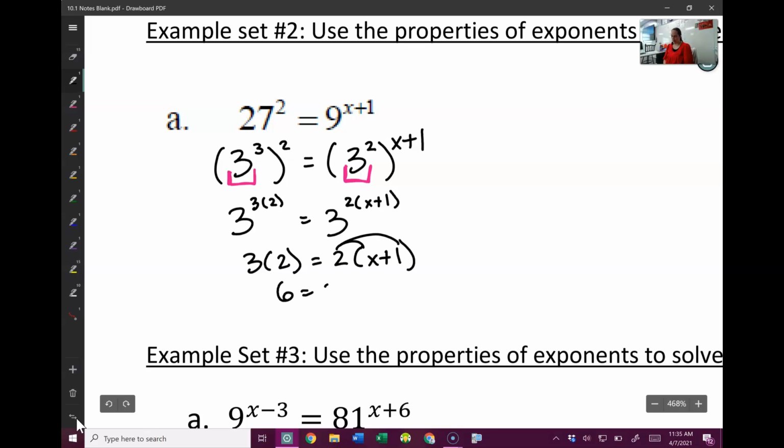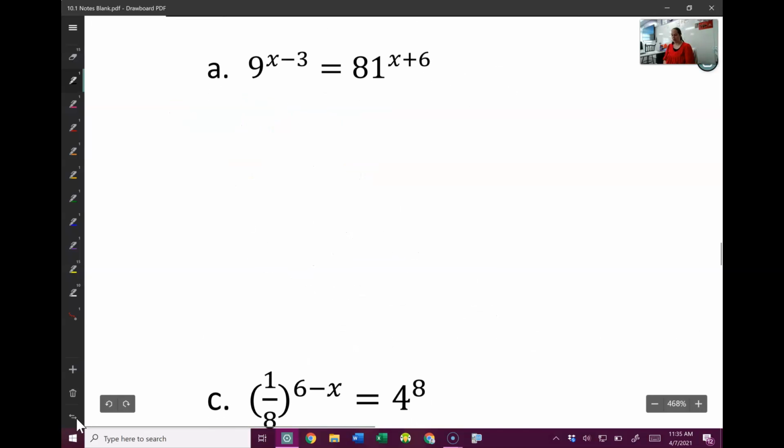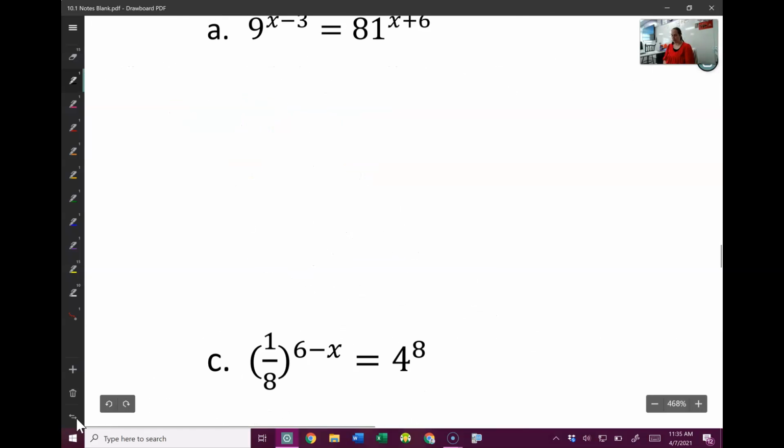Let's distribute that 2, so I get 2x plus 2. And solve for x. So I get 4 equals 2x. So I get x equals 2. And that's my answer. Okay, I'm going to have you try one more, and then I think we're going to